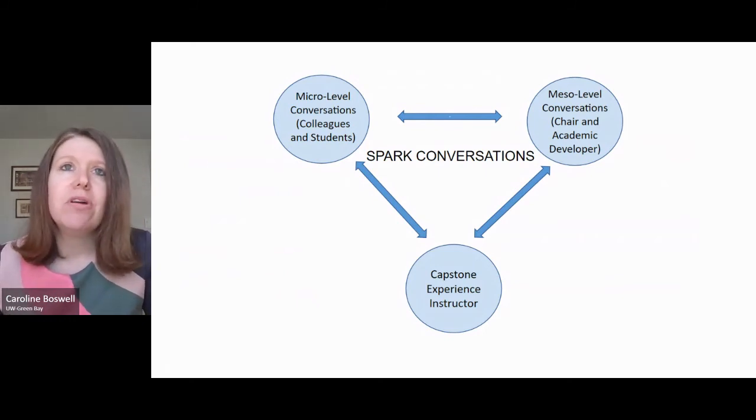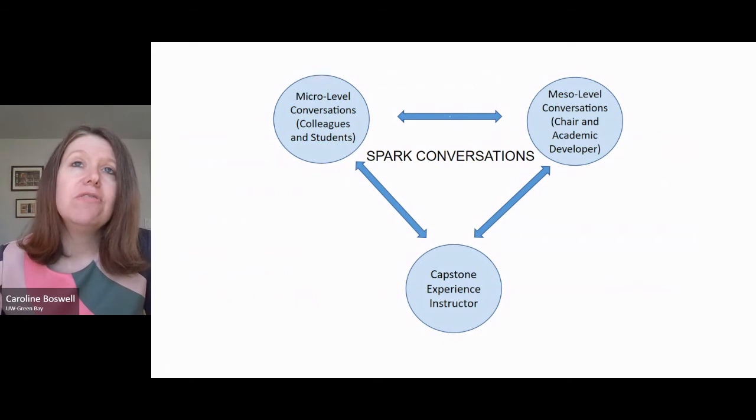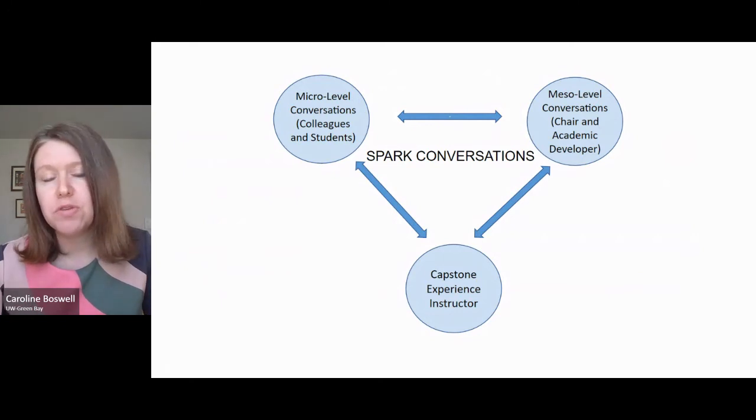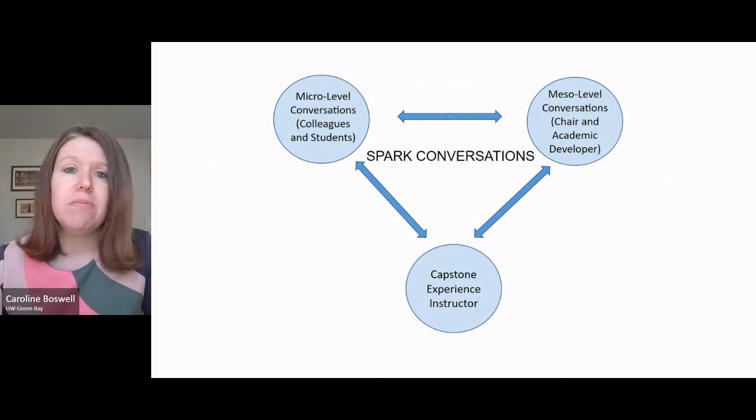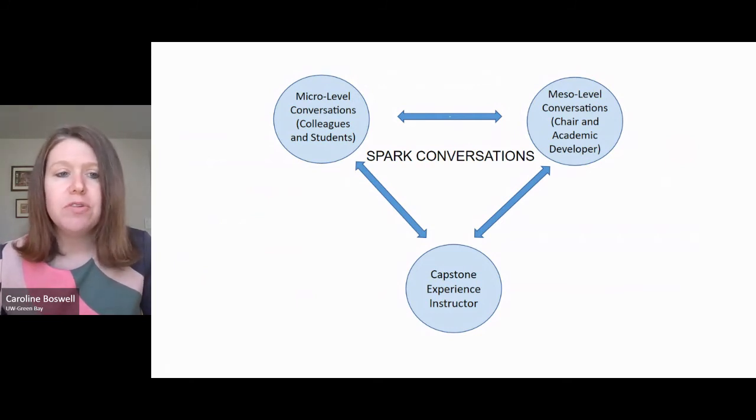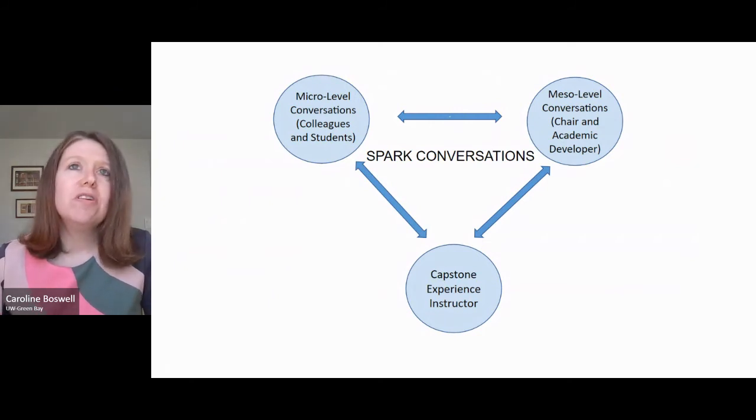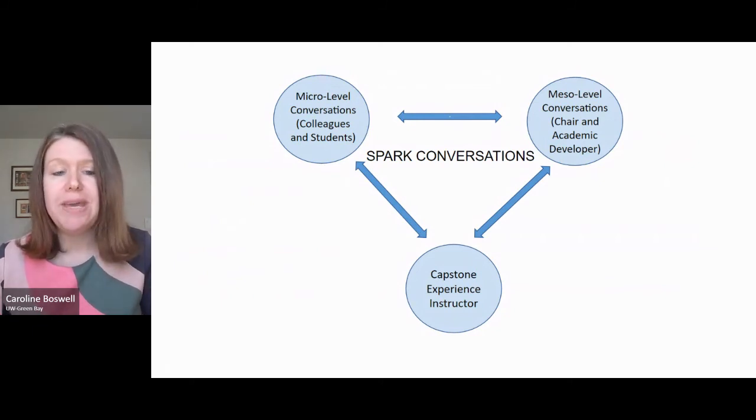So for example, in our quantitative survey, we found that faculty prized their colleagues and department chairs as the most important resource to their development of a capstone experience. So more than even release time and instructional design support, it was the most important resource. But one of the things we saw in the qualitative interviews was that often the conversations they wanted to be having with their colleagues were not happening, right?